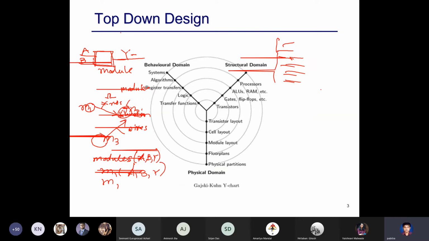Then you have modules, nets, netlists, and ports, and all this can come at various levels of abstraction. You can have modules at very high levels, say half adder level. Then you can have modules at the gate level. Then you can have modules even at the geometry level. So this is my layout, let's say this is my chip. This is a block which does something, and this is another block, and you have some connections in between. So this is a net, this is a module, and so on. You can have this kind of VHDL or Verilog description even down to the geometry level.